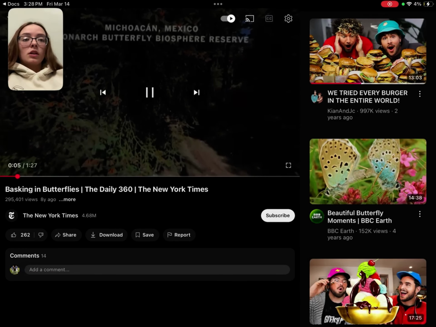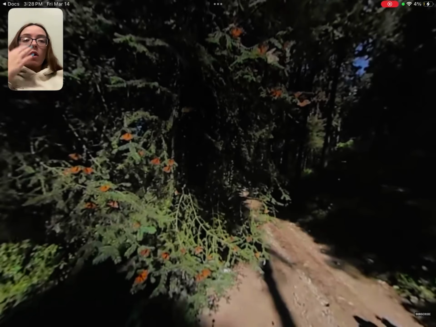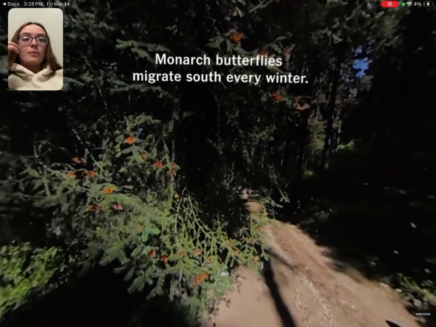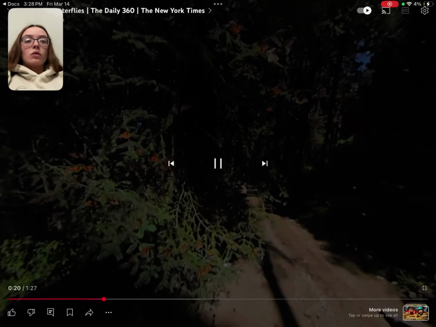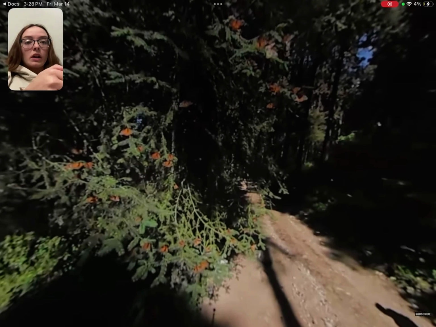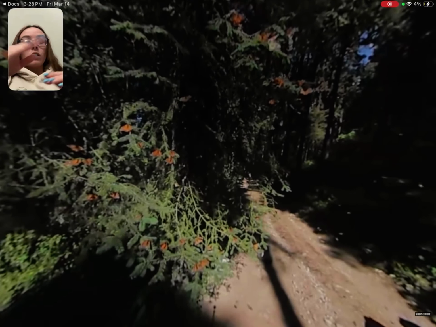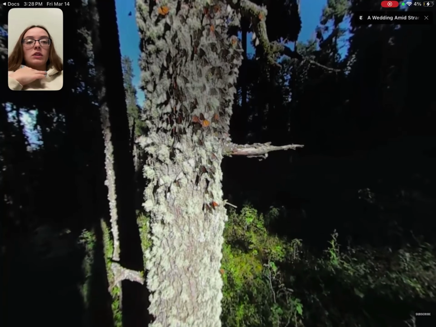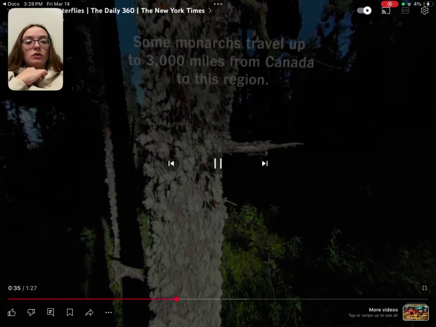So this just is an experience. We get to see what all these butterflies are doing. We can see numerous butterflies on the screen. It's telling us information on here. And these videos are not long to where children would lose interest. I think that this would be a great thing for older children to see, or younger children to see, because here we are, we can see all the butterflies on here. This would keep them really interested because you are seeing what the butterflies are doing and how they're